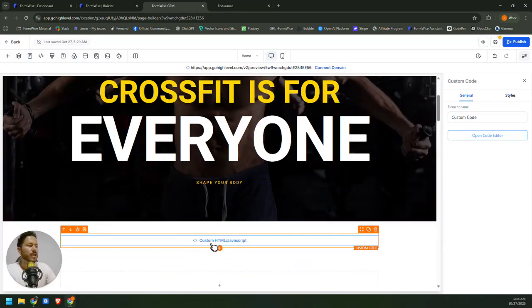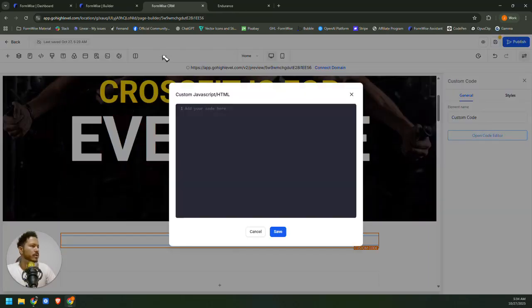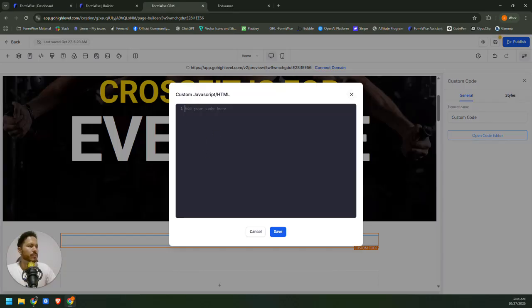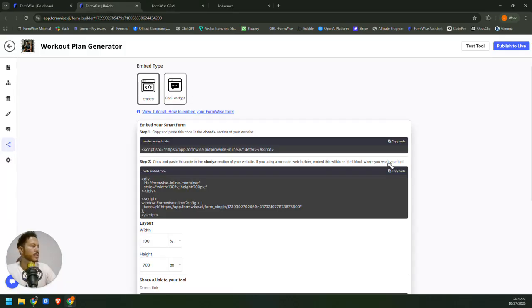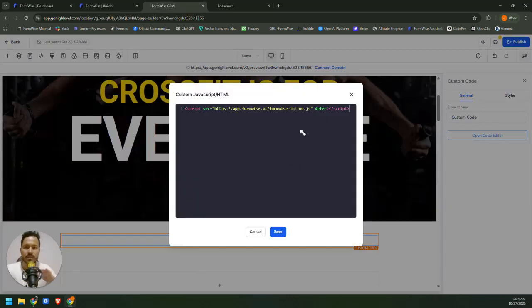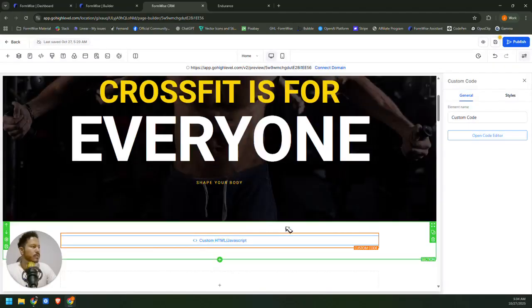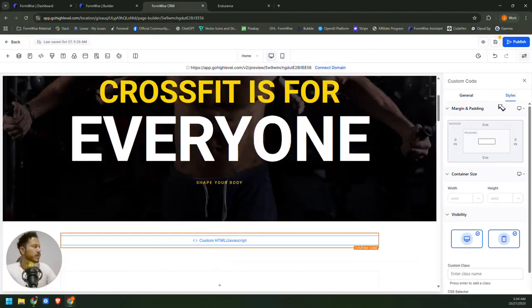Okay, so now that I have this, I'll open the code editor and I'll come to my tool, copy the header, or like the head of the code. I'll paste it here and then copy the body of the code, and without any space or enter anything, you just hit paste, and that's it, and I save it. You guys can play with the margin and the size of your tools when embedded. Okay, so now I saved,